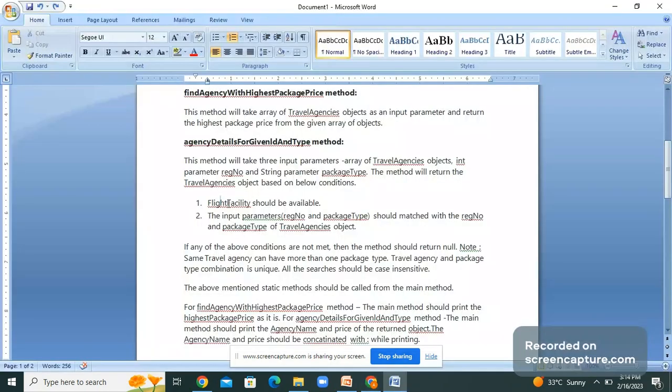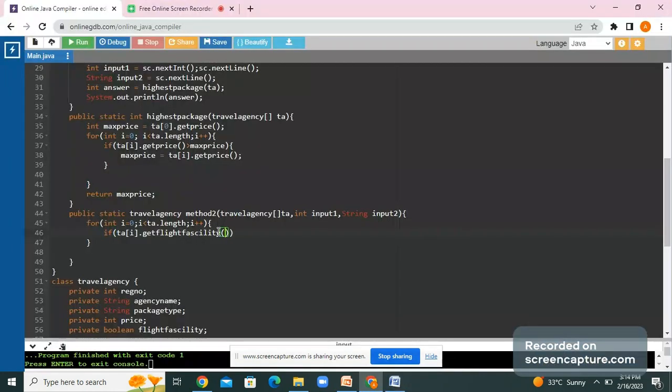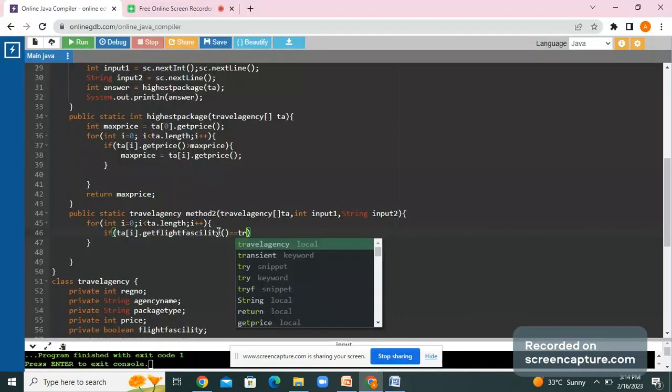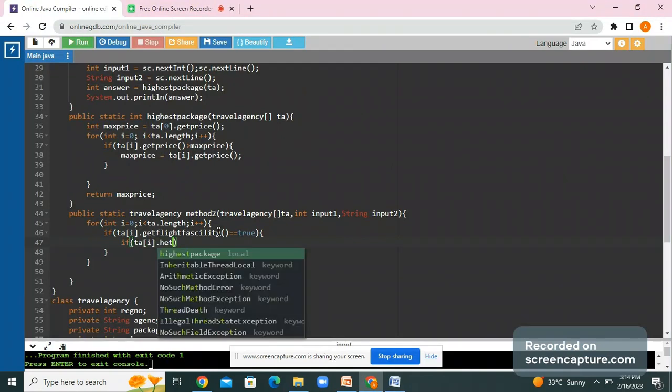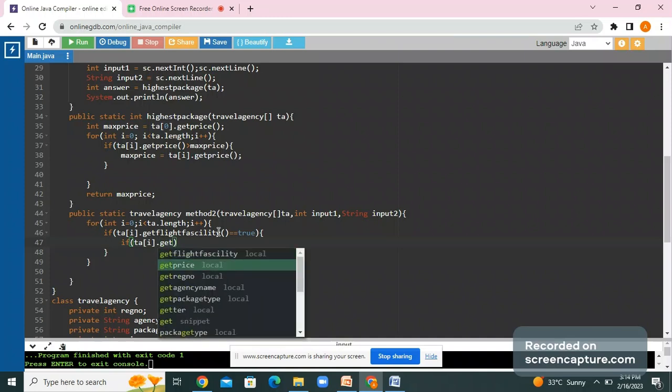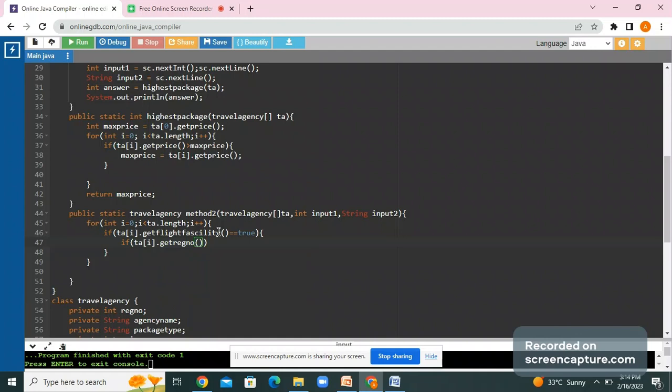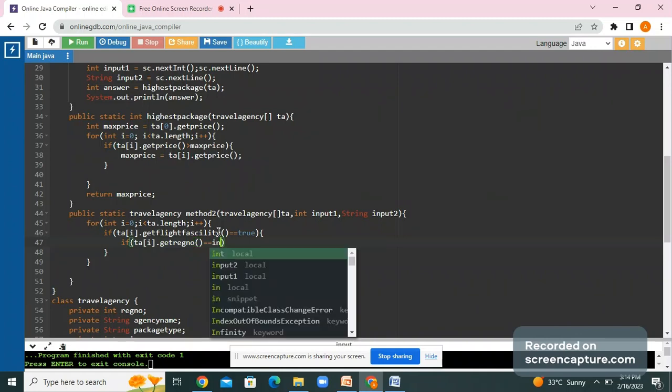The flight facility should be available, so that must be true. Get flight facility is equal to true. Then we would go and check if p of i dot get registration number is equal to the input one,